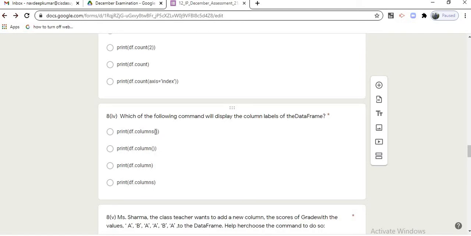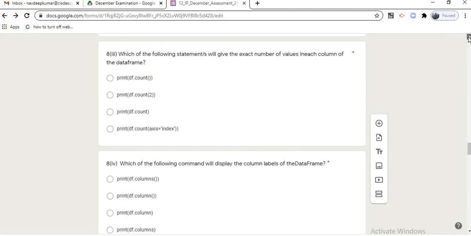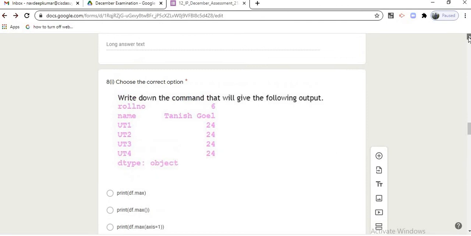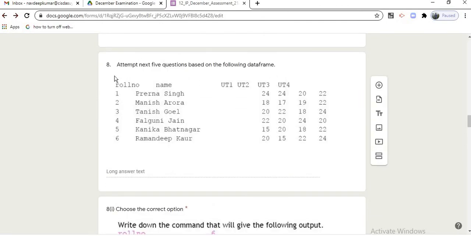These brackets will not come here, because I explained in the previous questions that they are used for functions, not for attributes. What are the column labels? You can go back, and in the data frame you can see roll number, name, UT1, UT2, UT3, UT4; these are the column labels.